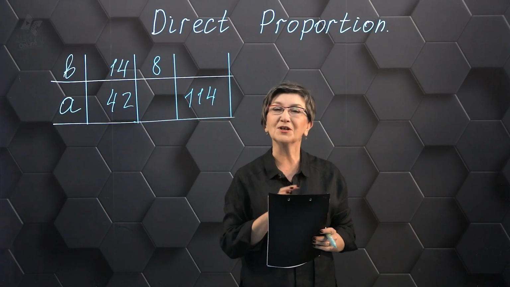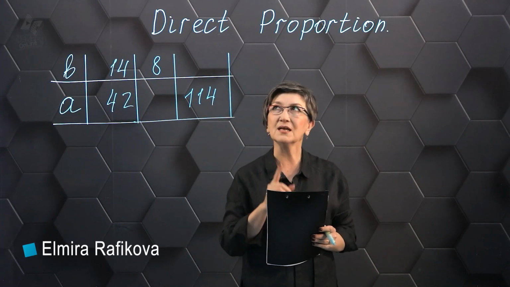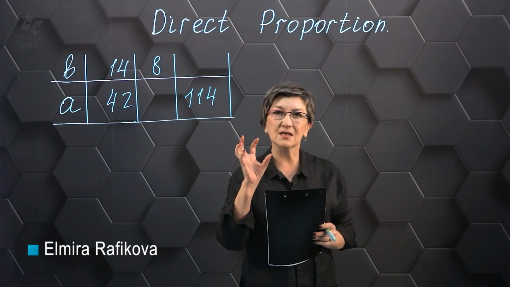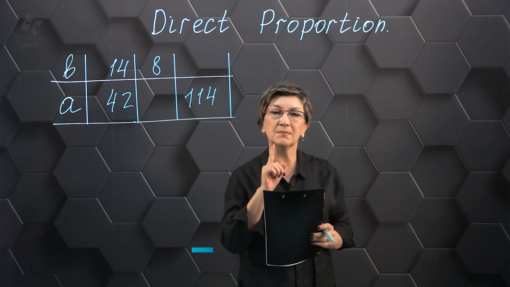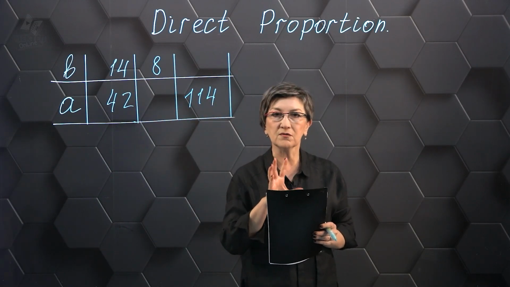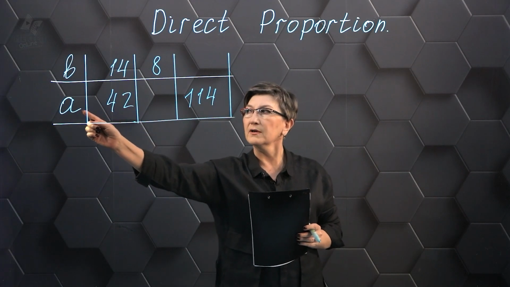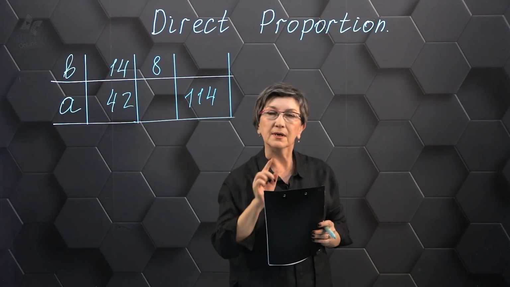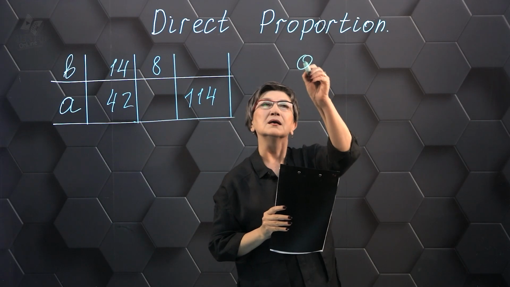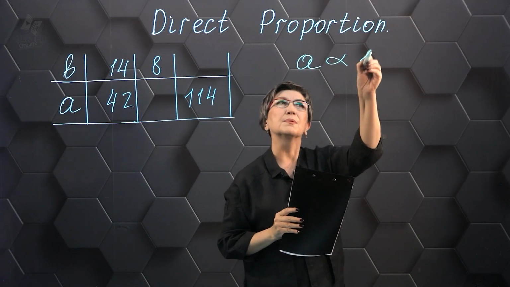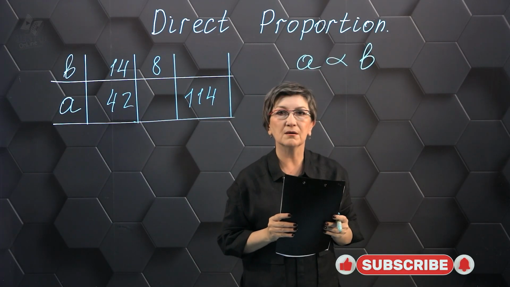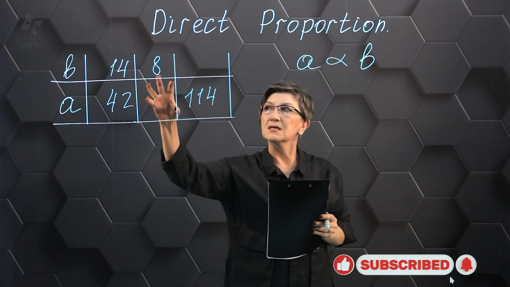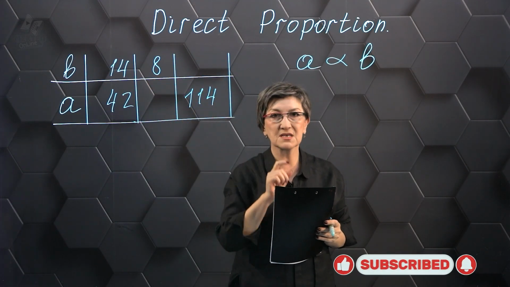Hello, today in the lesson we will continue solving the problem of directly proportional quantities. The condition of the problem is expressed in the form of a table. Again, the condition says that A is directly proportional to B. I write A is directly proportional to B. And we need to fill in the table in this problem and write in the formula of dependence